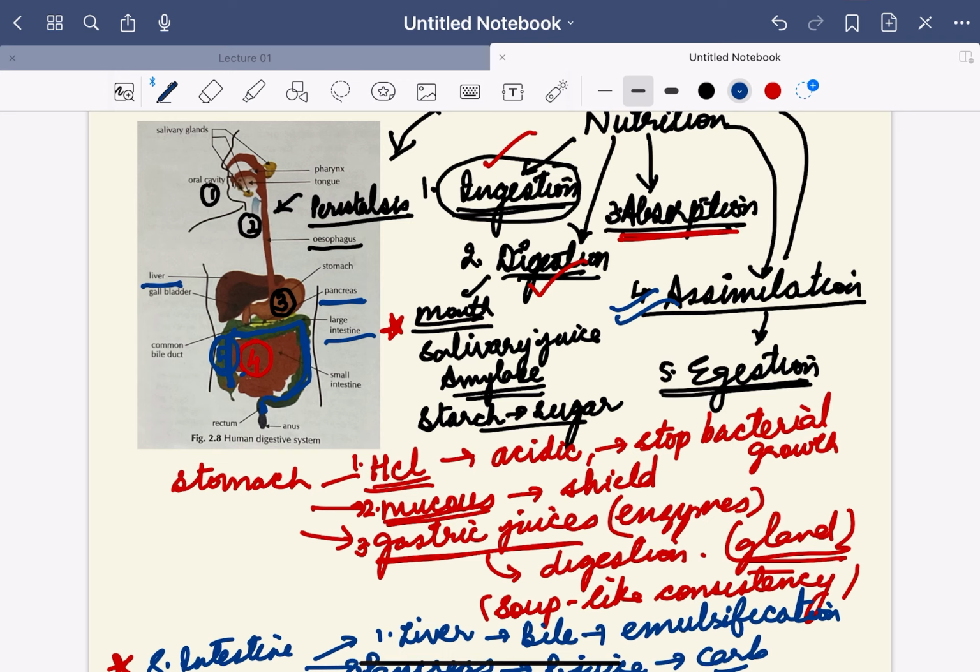There is only one thing that is happening here, and that is reabsorption of water from the waste, so that the waste is now left as a solid waste. As it passes through the walls of the large intestine, it is finally stored temporarily in the rectum and finally ejected out through